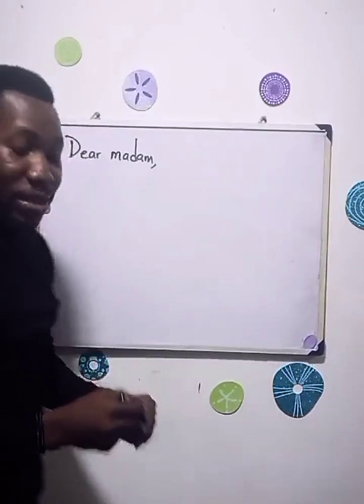Why do we have a title for a formal letter? Because in the office space there is no time. No one has time to come and just pick a letter and start reading. That's why we say the letter has to be concise. Concise means brief. Detailed, yes, but brief, not too long. Not all those stories. How is Emeka and how is Abdul and how is Omalara? How did they visit the zoo? Did they see the monkey? All those things. No, it has to be straight to the point.